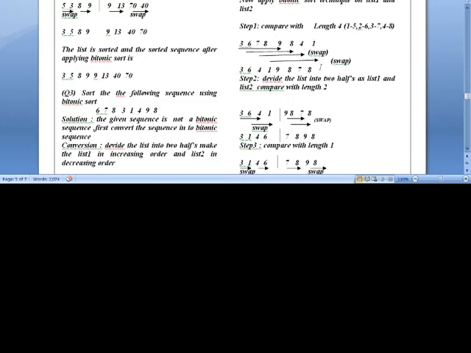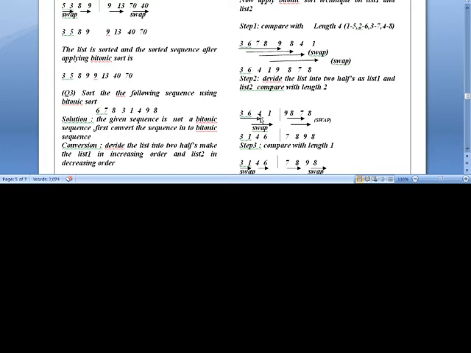Now after comparison with length 4, you will get this sequence. Next, this sequence is divided into two halves, list 1 and list 2, and compared with length 2. Once you divide this list into two halves, this is one half cleaner and this is another half cleaner. Half cleaner means this is one comparison network and this is another comparison network. For each comparison network, again use the comparators. First and third go to one comparator, 6 and 1 go to another comparator, 9 and 7 one comparator, 8 and 8 one comparator. That means we apply 4 comparators now. Start the 4 comparators at a time, the comparison in parallel.